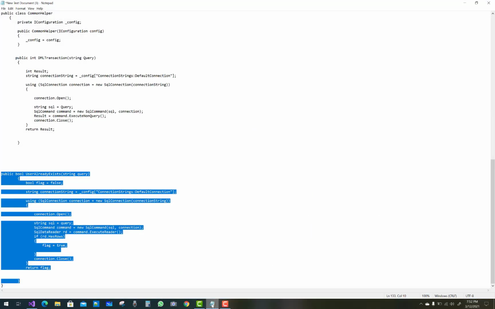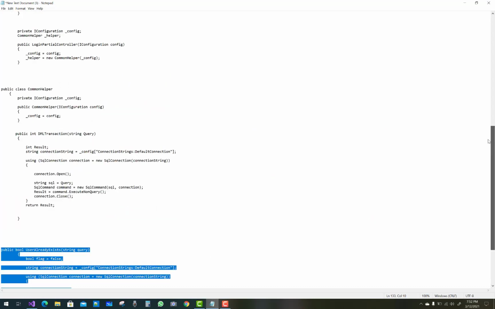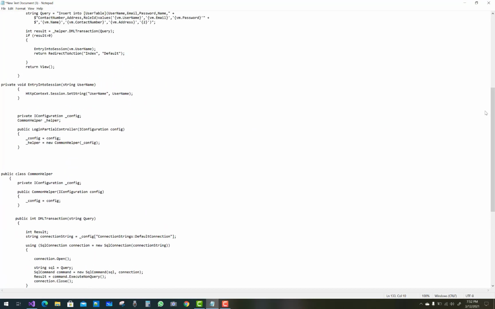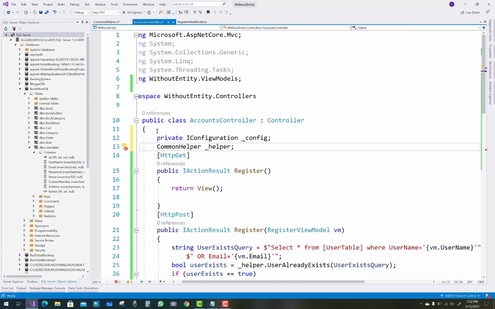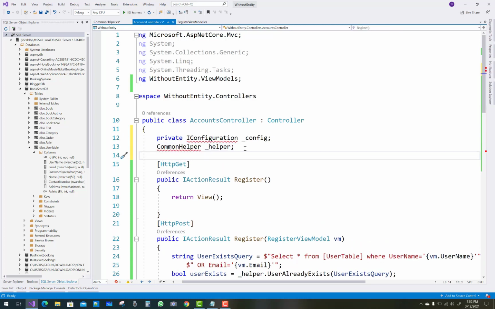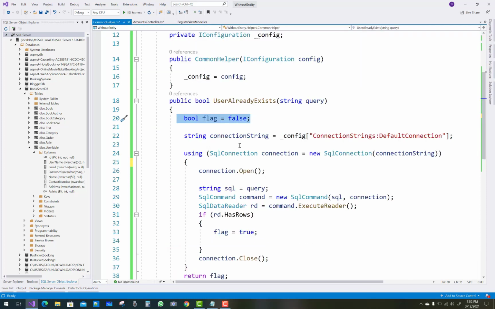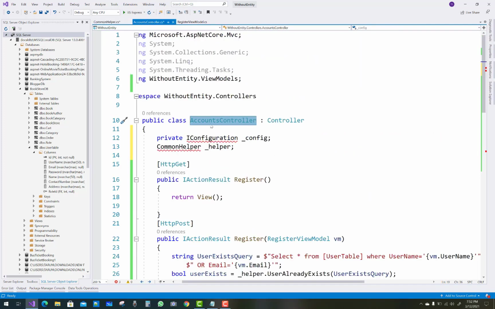So just resolve that underscore helper class. First of all, also add that IConfiguration as well as your common helper object, and initialize both. Just in the account controller, add two properties, that is IConfiguration and common helper. Common helper gets the method names by using the object, and IConfiguration, you know, gets the connection string.